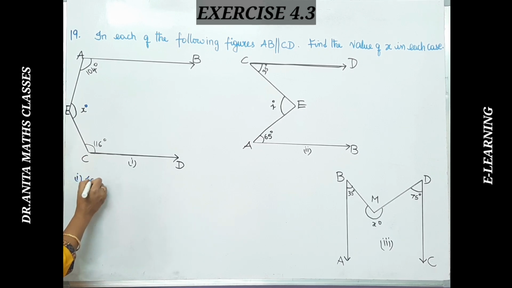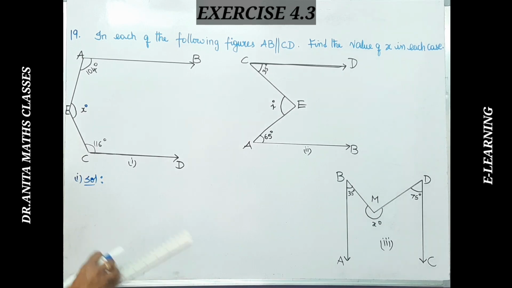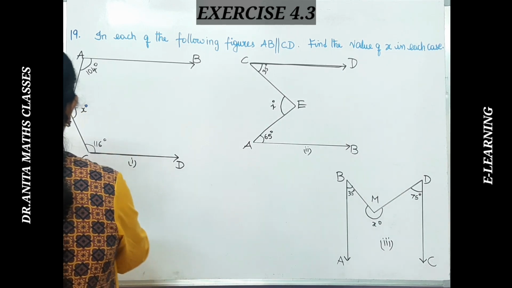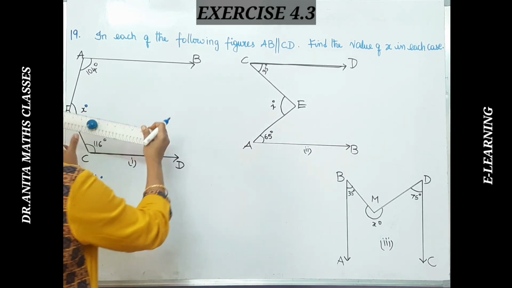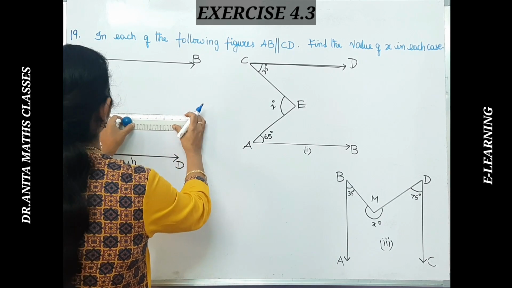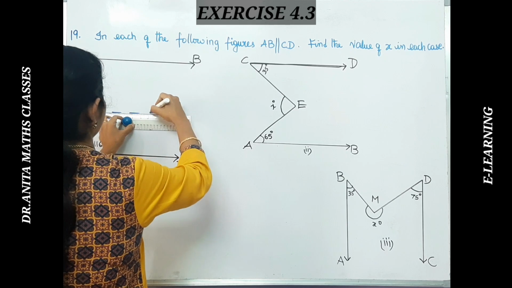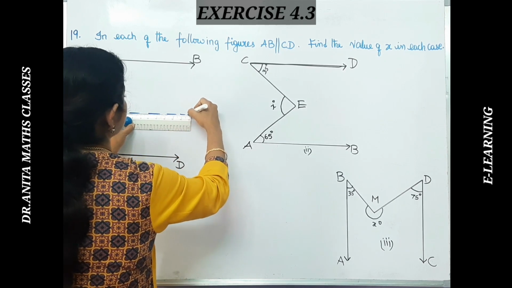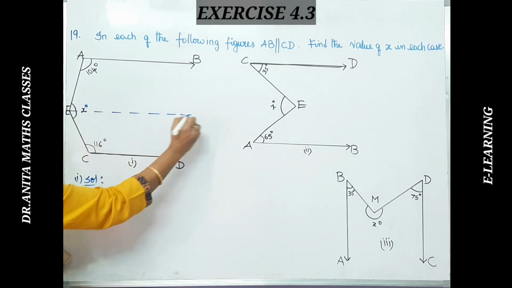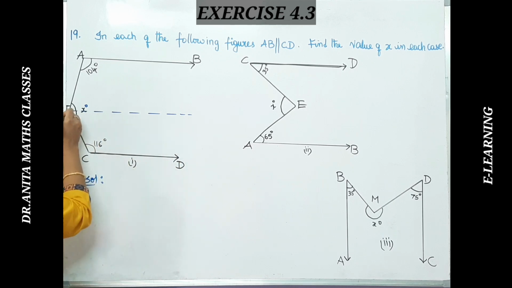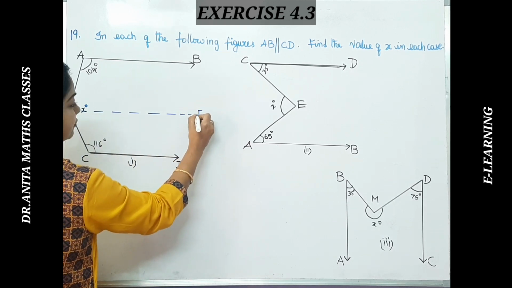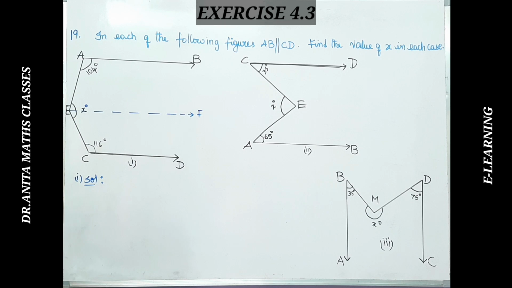Okay, first solution here. If you observe, AB is parallel to CD. We will draw another line which is parallel to these two lines. Let me make one partition like this here, so that I am drawing a line which is parallel to both the lines. Yes, this is a line. If this is E, let this be F. I am making a construction.